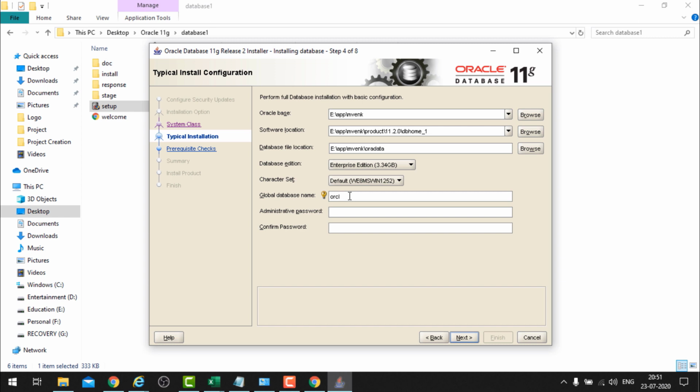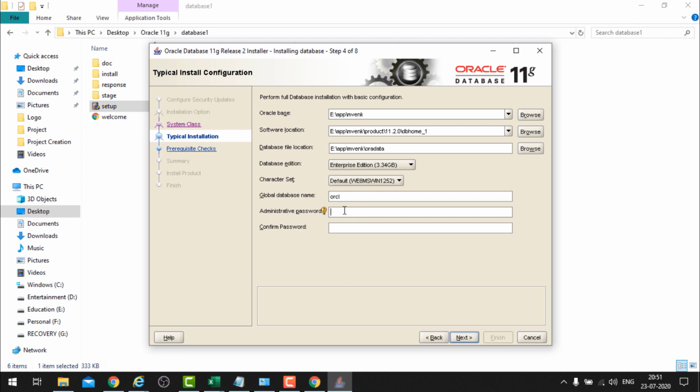The tools such as Oracle SQL Developer, PLSQL Developer, Toad. There are many tools to work on Oracle database. By that time this global database name is required. I am suggesting you guys, you can write the database name somewhere.